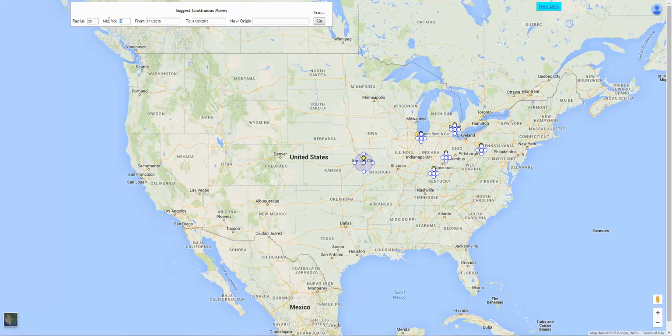at 25 miles. We can also say, well, we're interested in putting a new plant or a new warehouse at a location. Let's see whether we can build continuous moves around that new location. So if we put in Newark, Ohio,